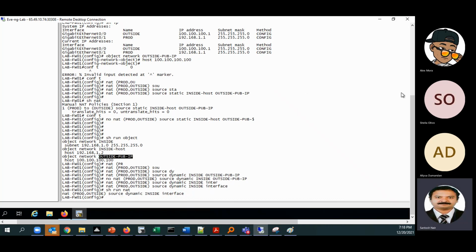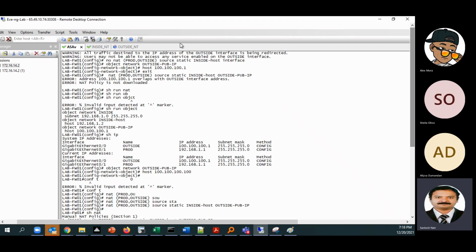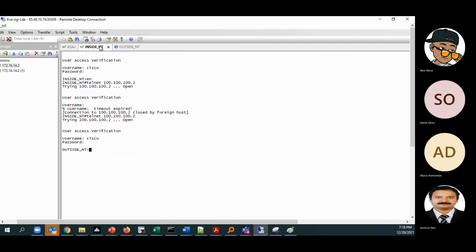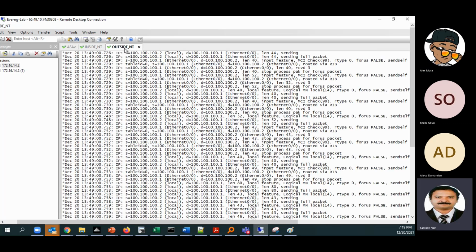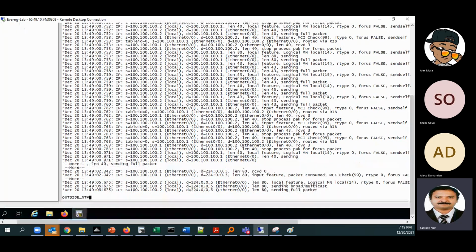Now, if I try to do a telnet, will it work? It is working fine. When we come here, it is still showing the IP address 100.100.100.